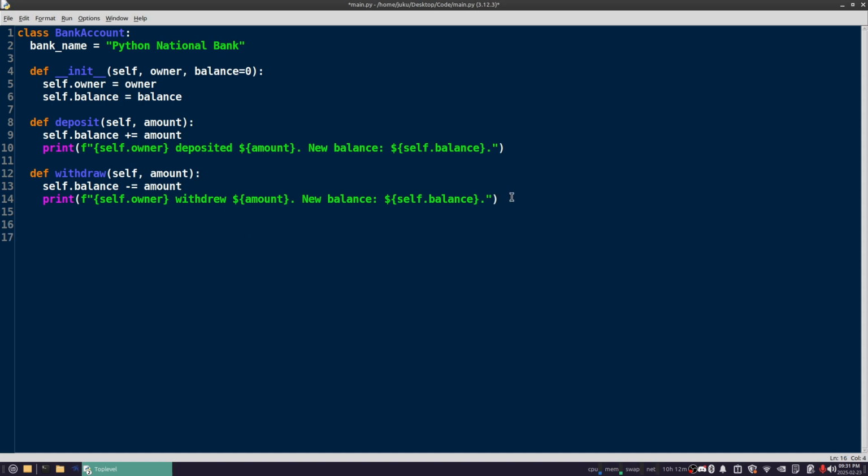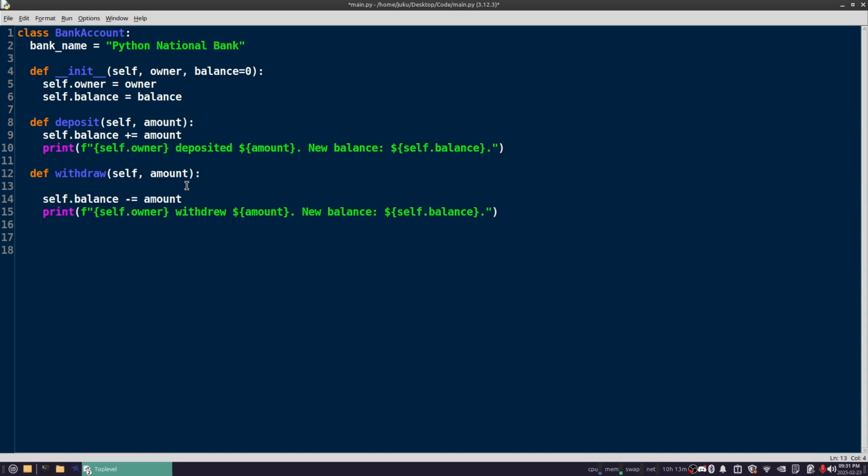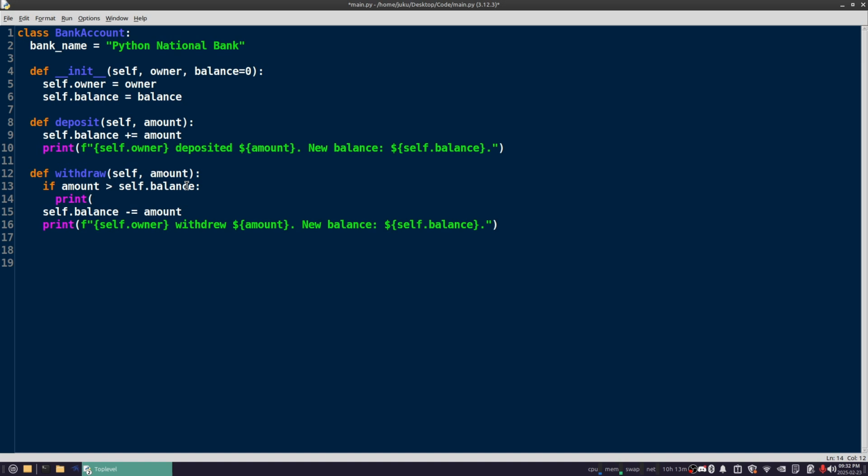And then, something obvious: if you don't have overdraft protection, when you try to draw an amount that's more than what is in your account, we'll have to have some message that you don't have enough money. So before actually taking out the amount, we need to check if the amount is more than self.balance, then we need to print